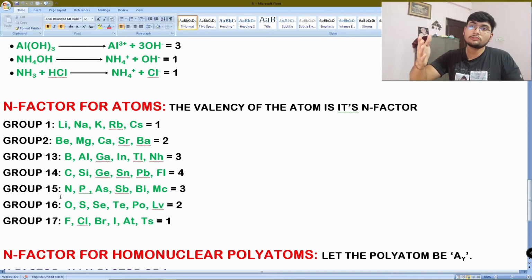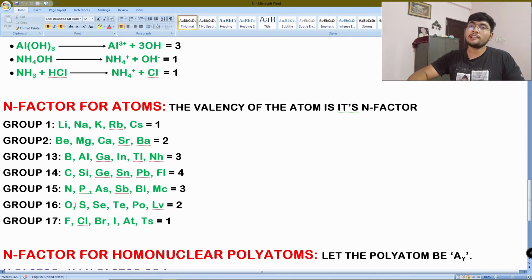In group 15 there is nitrogen, phosphorus, arsenic and so on. So basically you see in nitrogen there are 5 valence electrons, alright, but the n factor is not the number of valence electrons, the n factor is the valency. So the valency of nitrogen is 3, right? You know that, right? That you have to do 8 minus 5 basically. The outermost shell can accommodate 8 electrons at max, right? And there are 5. So the valency is 3, right? 8 minus 5, 3. So nitrogen valency 3, phosphorus valency 3 and so on. So the n factor of group 15 elements, basically nitrogen, phosphorus, arsenic, antimony, bismuth, is 3, right?